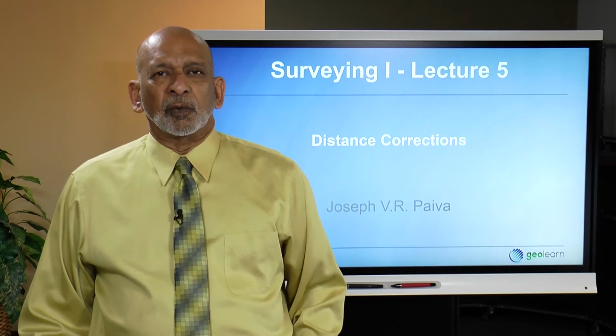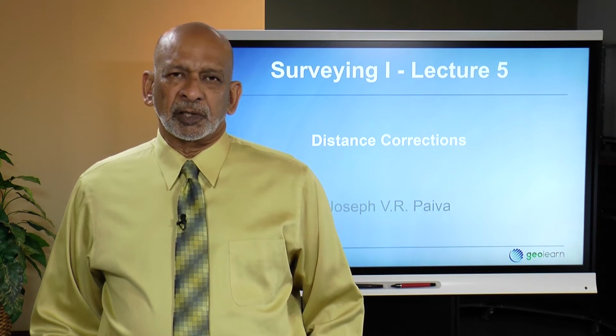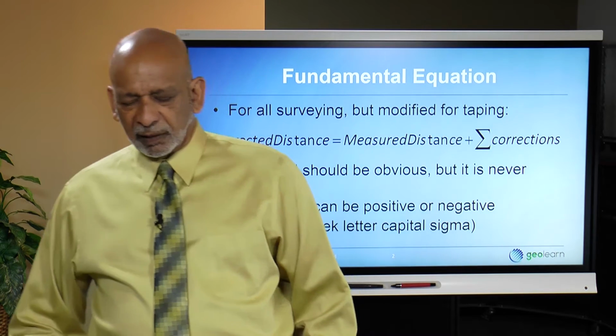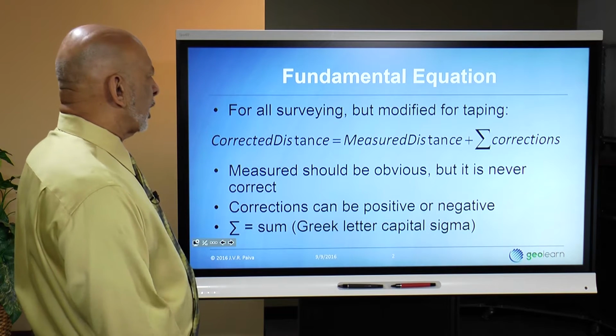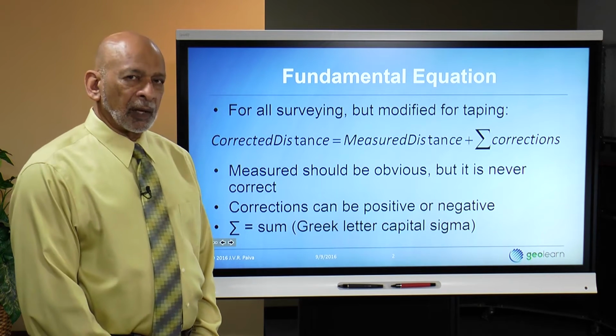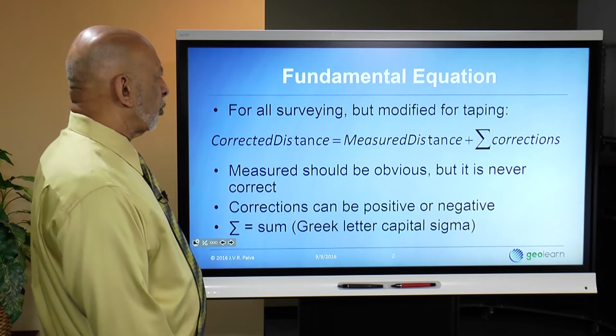This is Surveying 1, Lecture 5, and the title of the lecture is Distance Corrections. More correctly, it's probably taping corrections, but some of these corrections are applicable to distances measured in other ways as well. So a fundamental equation when it comes to the kinds of corrections we're talking about is to correct for